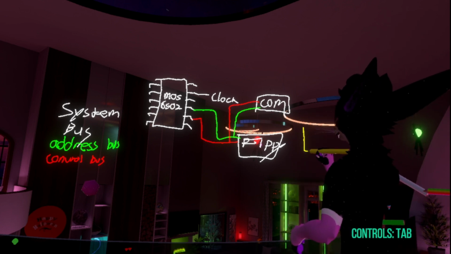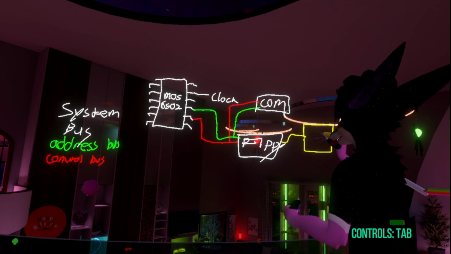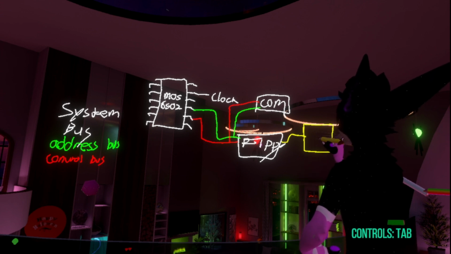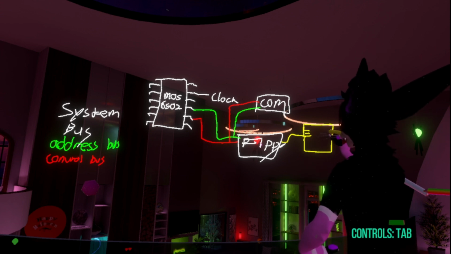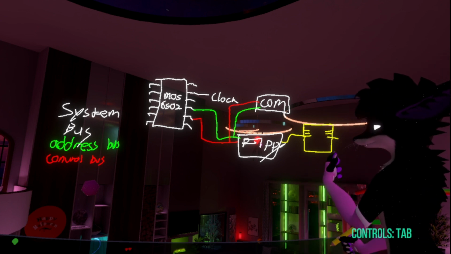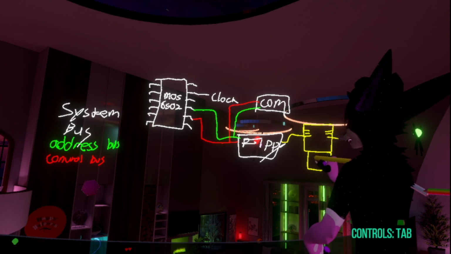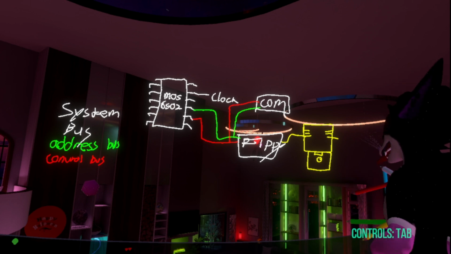Here it is. The floppy drive controller is, of course, attached to the floppy drive itself. And here it is in all its glory, with a little floppy disk right there. Very nice.